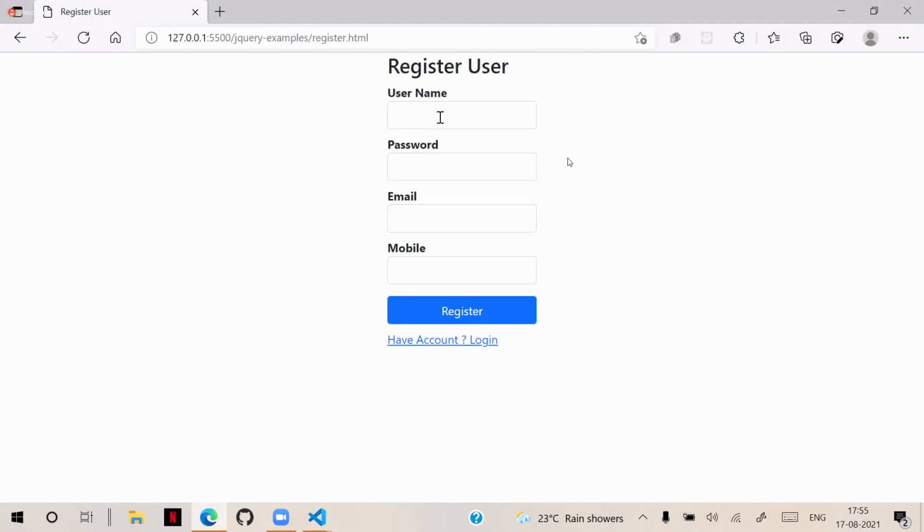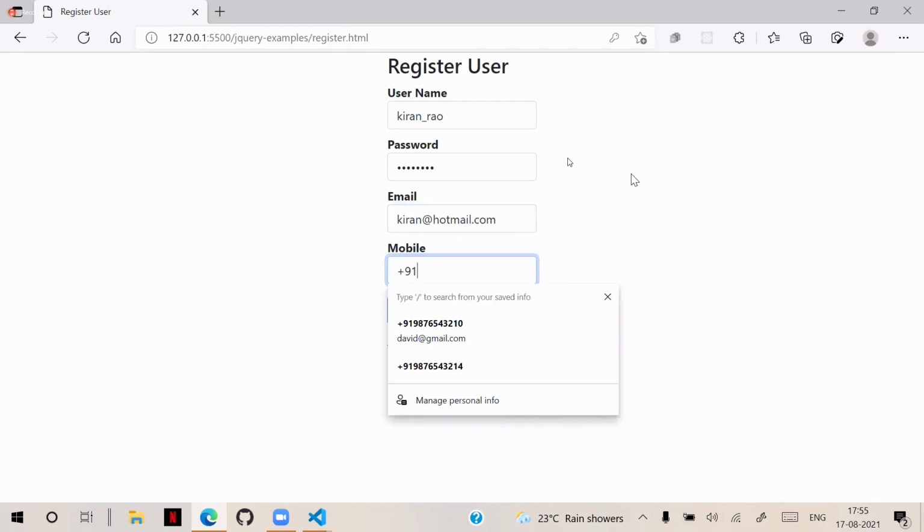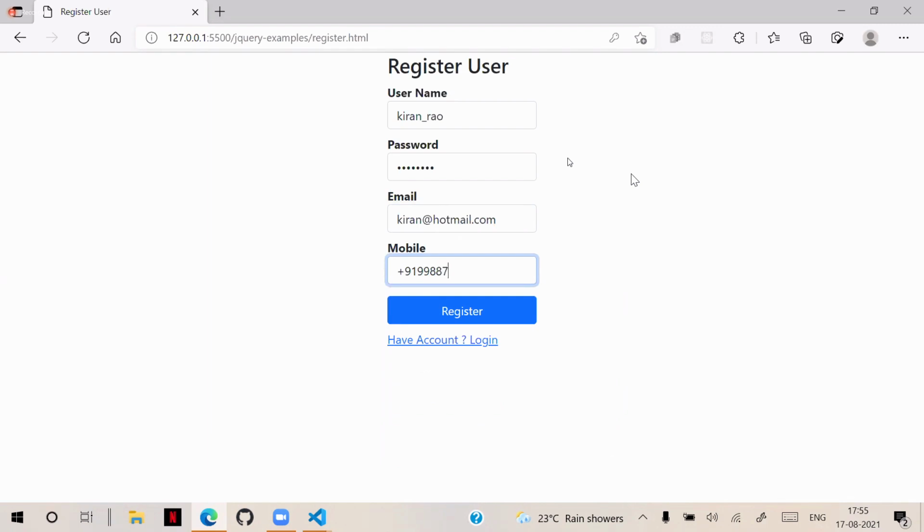Now I register with new details. I enter the username Kiran_Rao and the password Kiran@11. The email is Kiran@hotmail.com, and the mobile is +919988776622 or something like that. Then click on register.